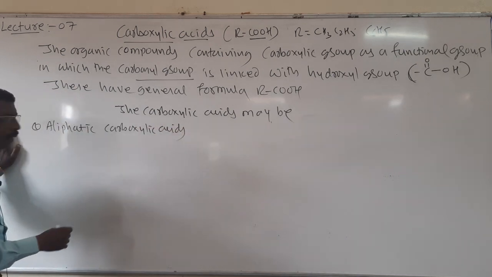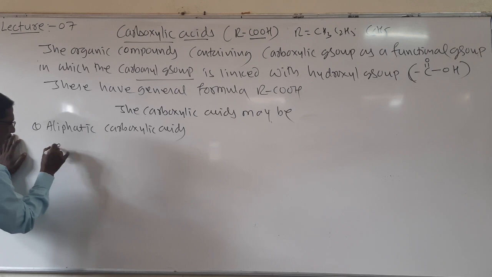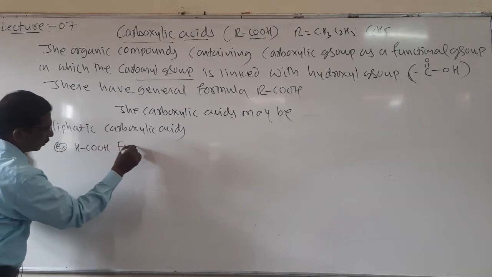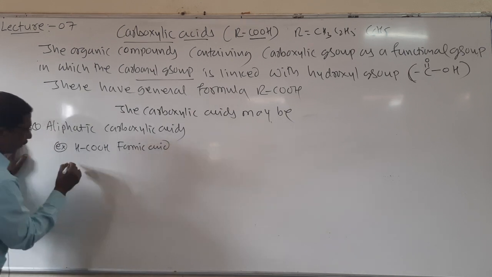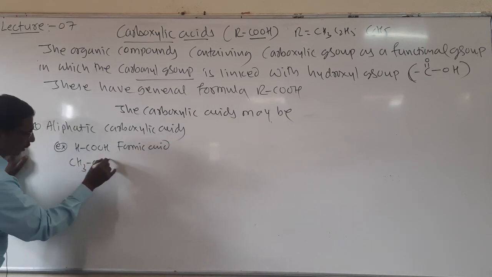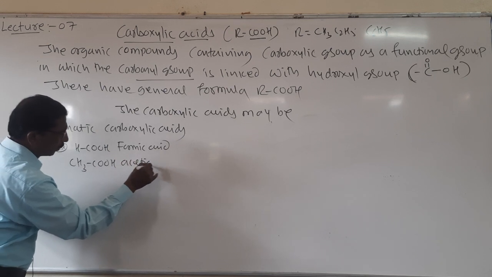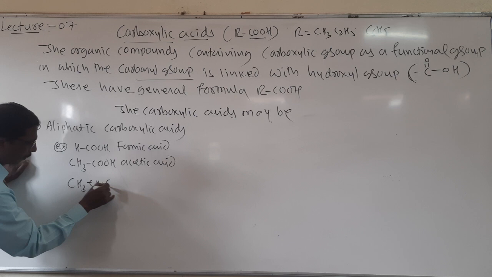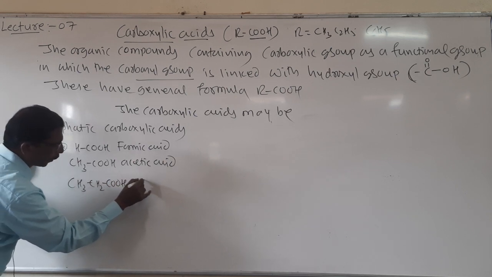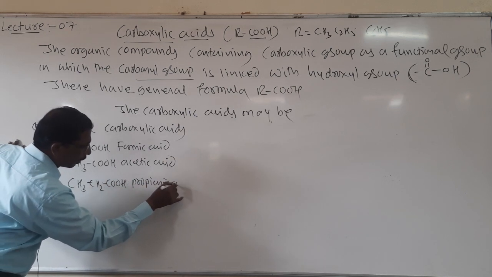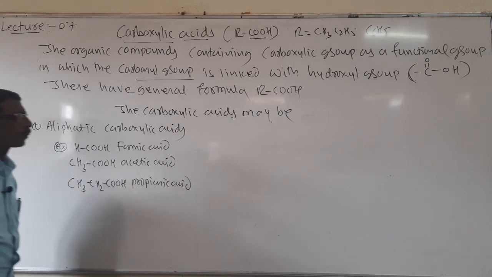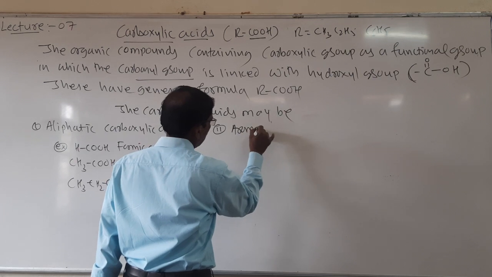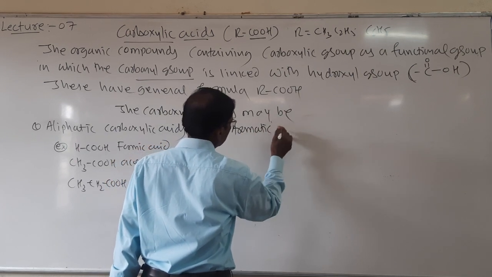So look here students, aliphatic carboxylic acids, for example formic acid, acetic acid, propionic acid, etc. And then the second one, aromatic carboxylic acids,